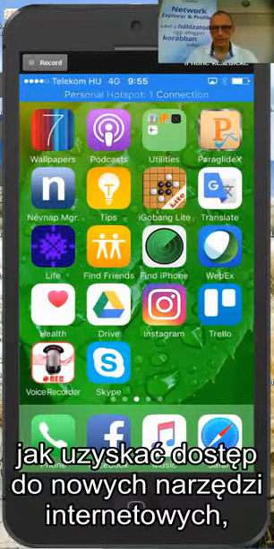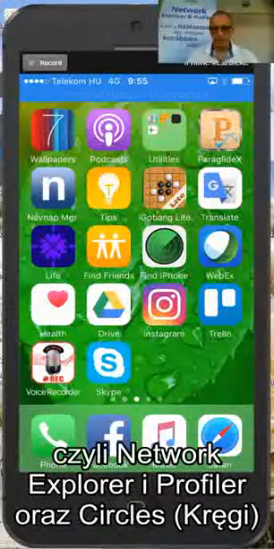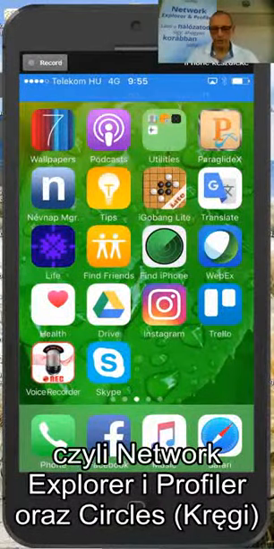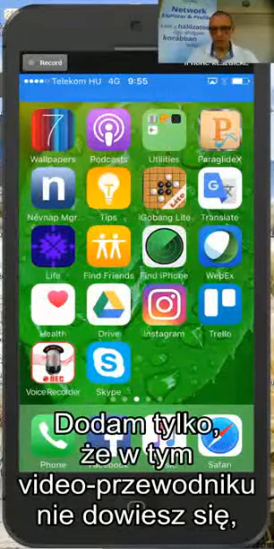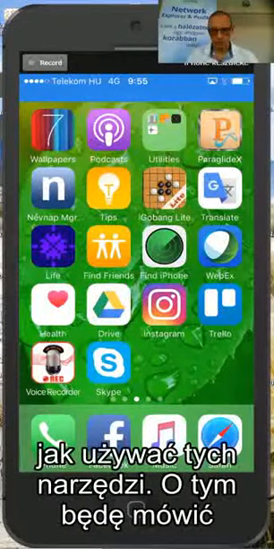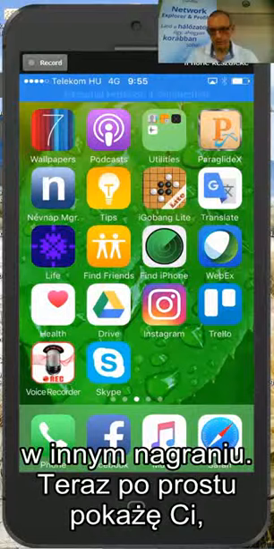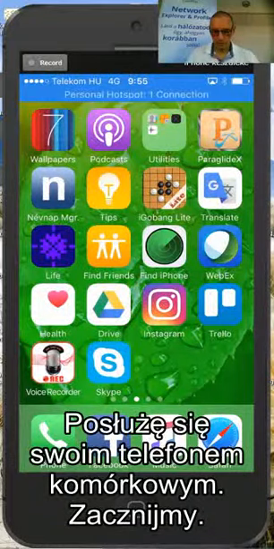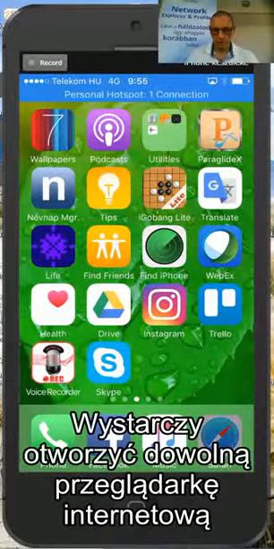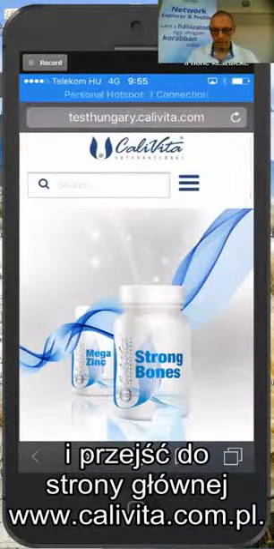In this video we're going to show you how to access the new web applications, that's Explorer, Profiler, and Circles, from your mobile phone. Now this particular video will not show you how to use those applications, that's different videos. This is just going to show you how to access them. And you can see I have a mobile phone here, so it's just a question of opening your browser and going to the CaliVita home page